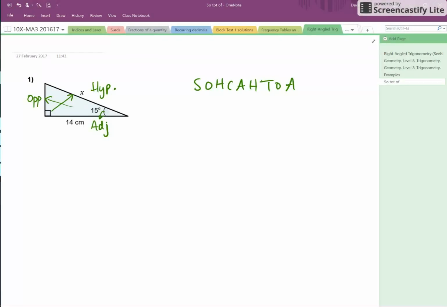Now let's tick the ones that we know. We know the hypotenuse. Well, we don't know the hypotenuse. We're involving the hypotenuse. So that's my H's. And we know the adjacent, which is 14. So we tick the adjacents. And this time we get CAH. That's the one that we're using because that's got 2 ticks on it. So we write down now the cosine of the angle, which is 15, is adjacent, which is 14,